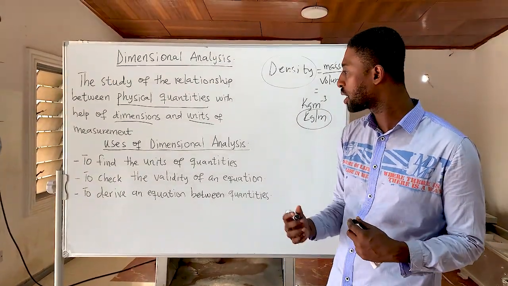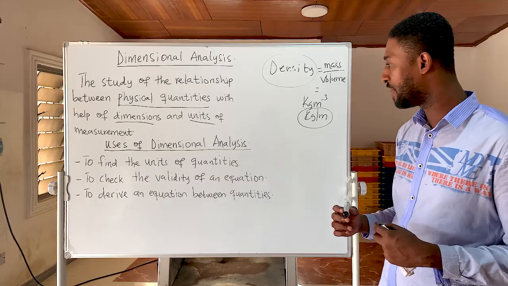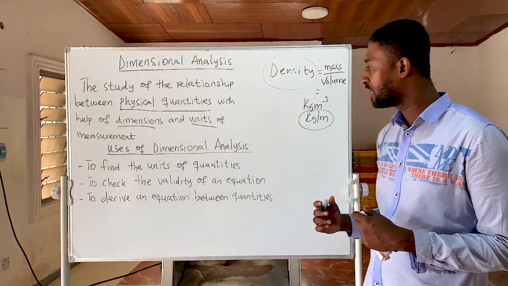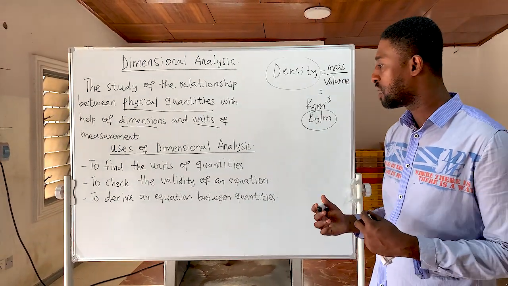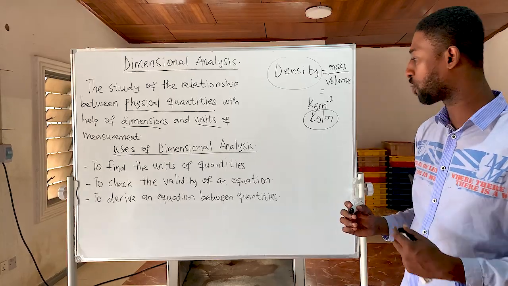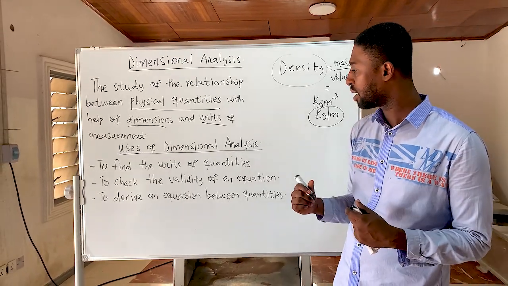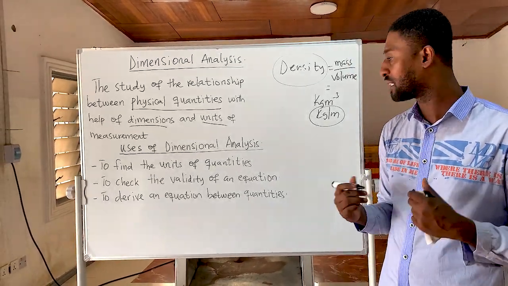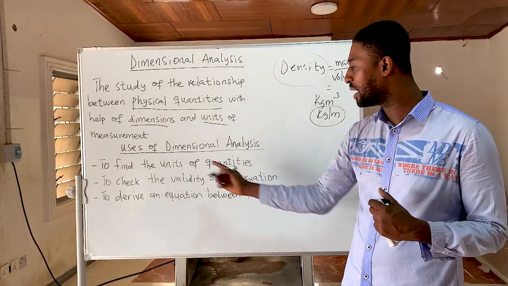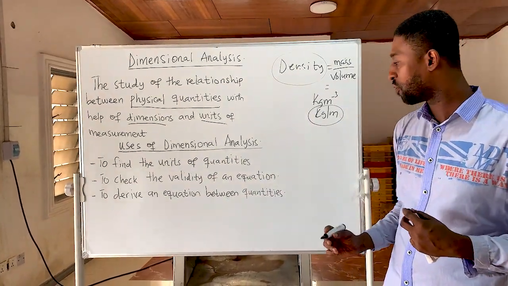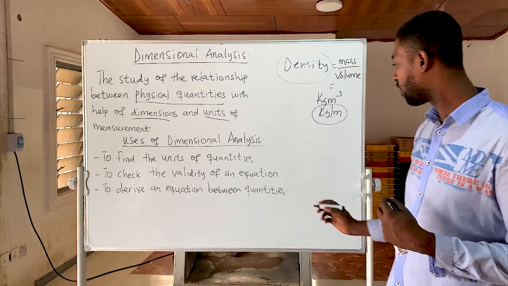So now let's quickly talk about the uses of dimensional analysis. 1. Dimensional analysis helps us to find the unit of quantities. So if I know the dimension of a particular quantity, I can use that dimension to find the unit. For example, the dimension of